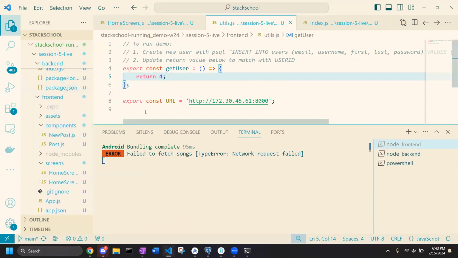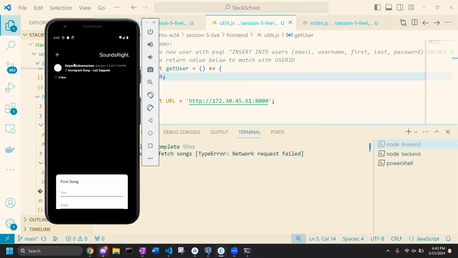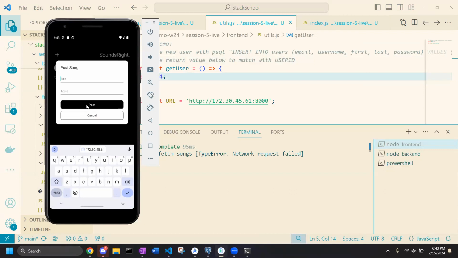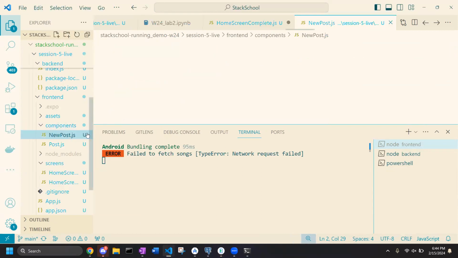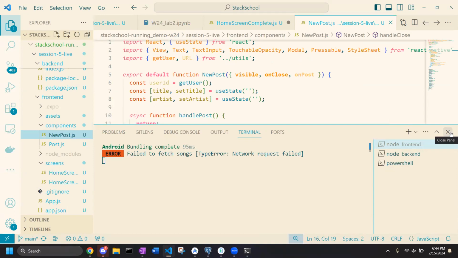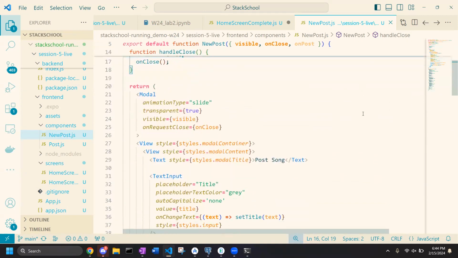Now what we want to do is actually have some sort of way to interact with the app to add a new song. So if I click plus and then type some details in here and post, it should actually send out the data to the database. To do that, we're going to have to update this new post component here. So let's quickly look at what this is doing. If we scroll through, we can see that